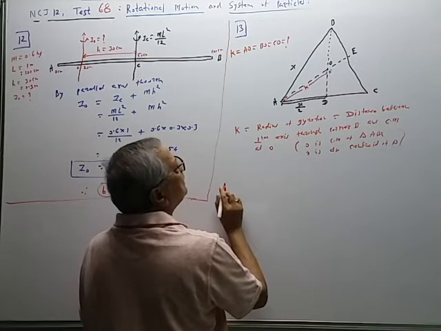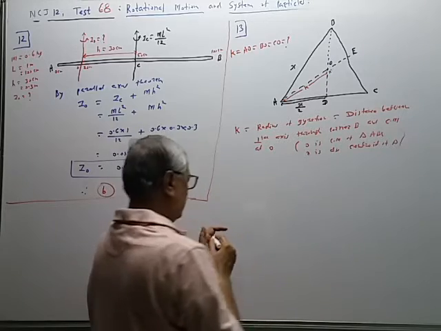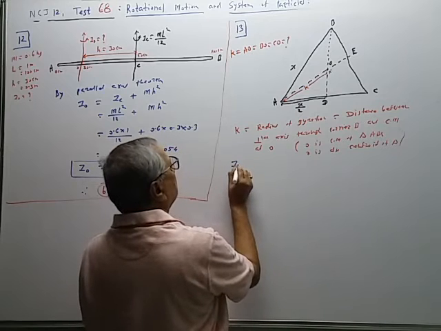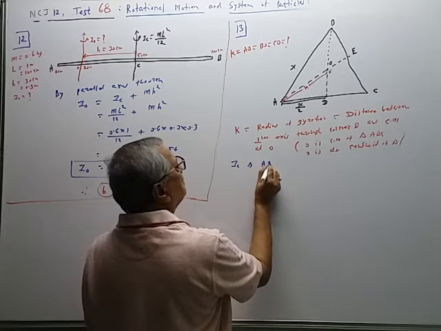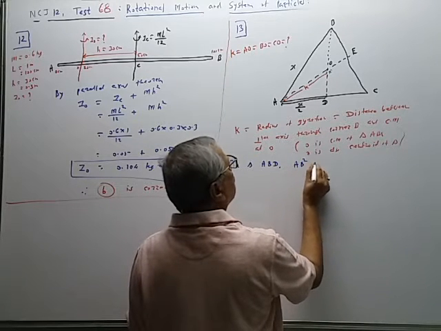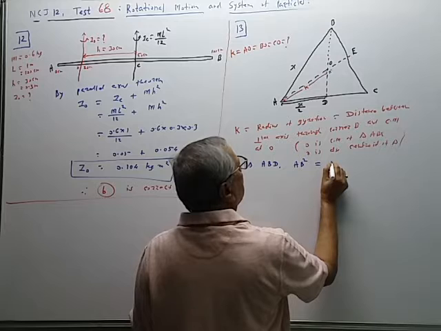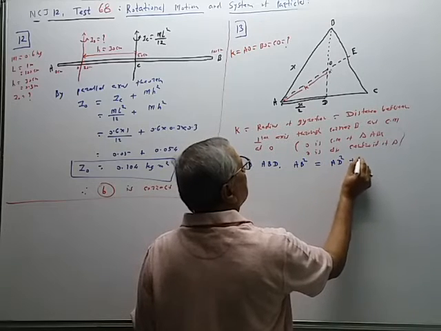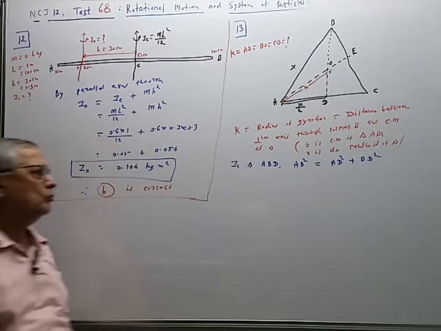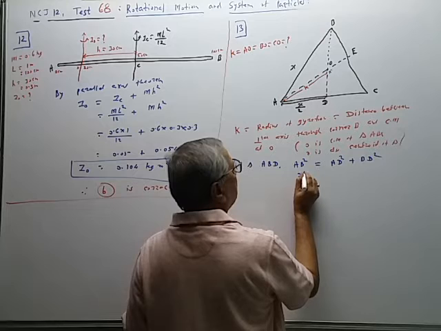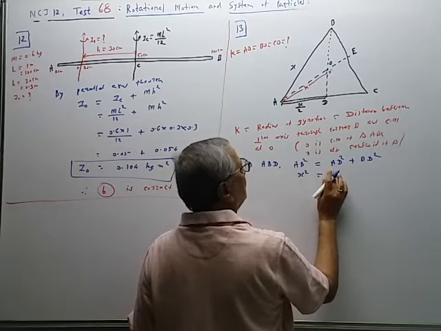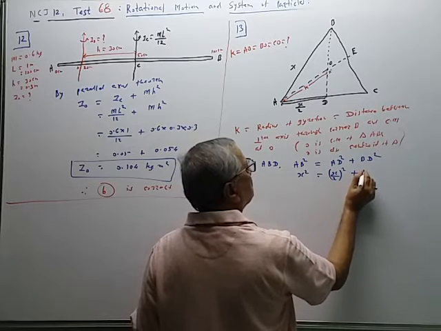Therefore, you can use the geometry like this. In triangle ABD, AB square, the hypotenuse, is equal to AD square, the base, plus BD square. Therefore, AB is equal to x, so x square is equal to (x by 2) whole square plus BD square,